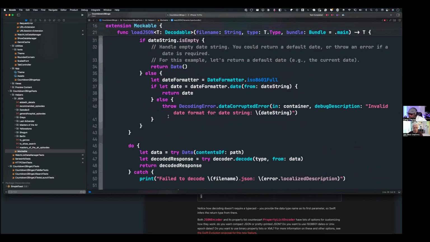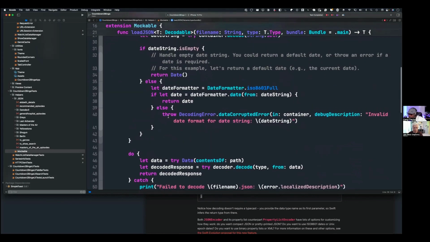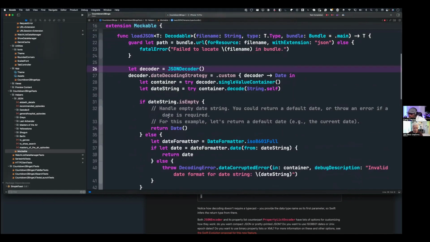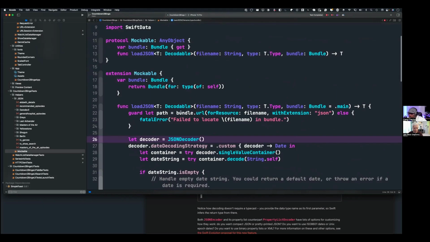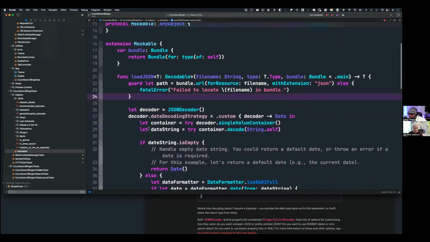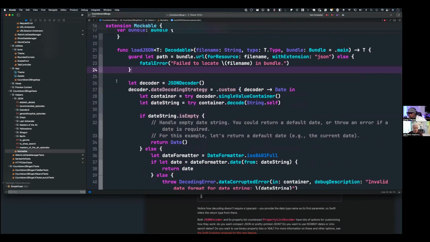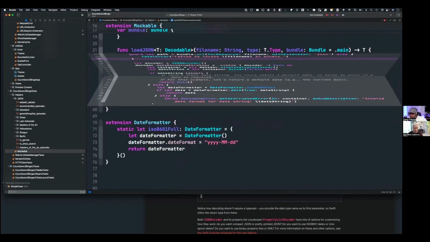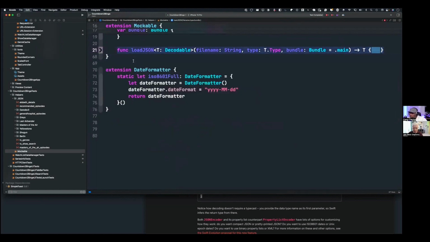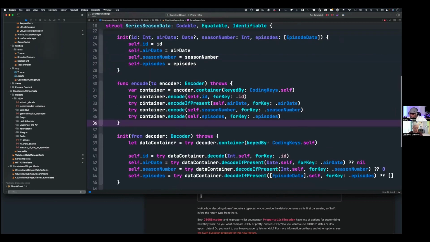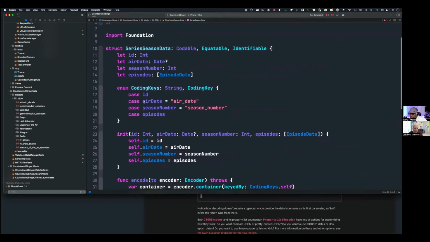This isn't encoding. Yeah, but it's reading the file, right? It's pulling the bundle URL here. So that's really the part we want. And I doubt that Xcode will let us extract it automatically. Hmm, copy the function and move it into the